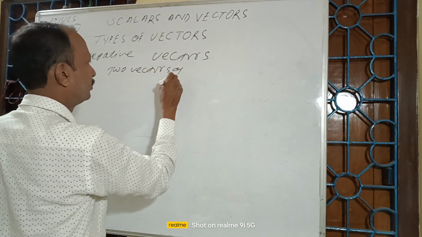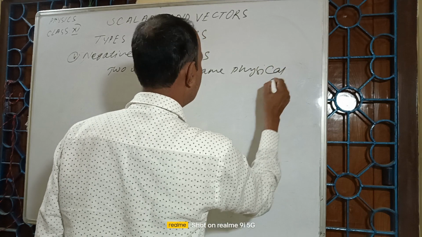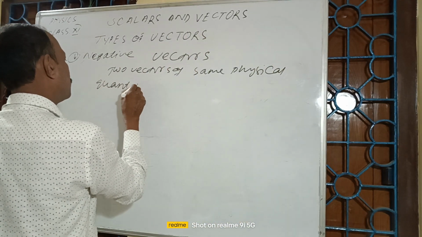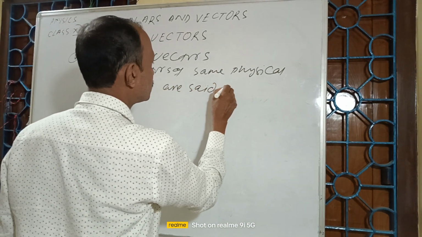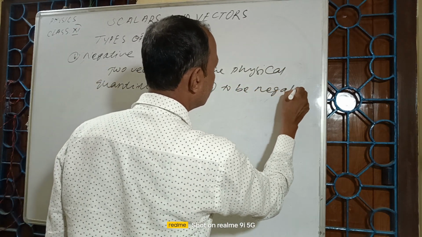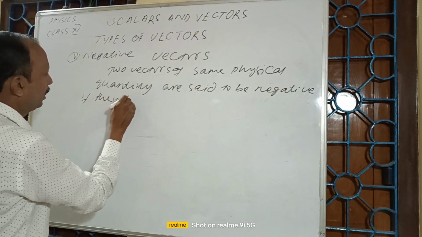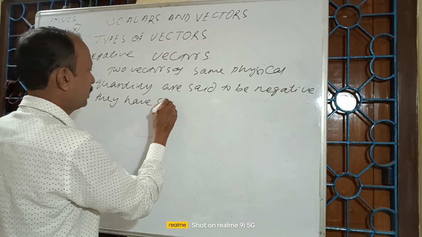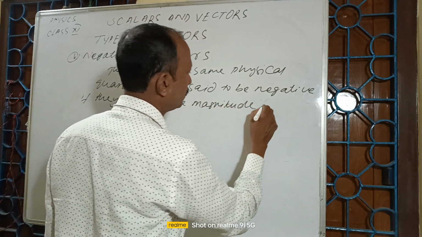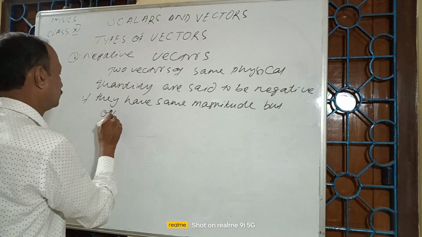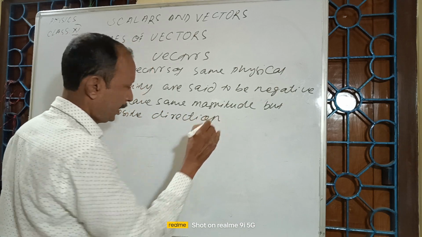Two vectors of the same physical quantity are said to be negative if they have the same magnitude but opposite direction. That means